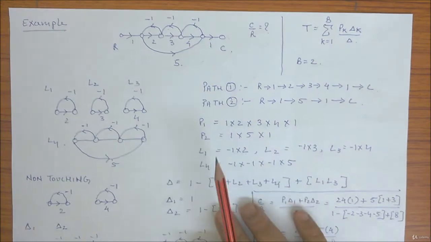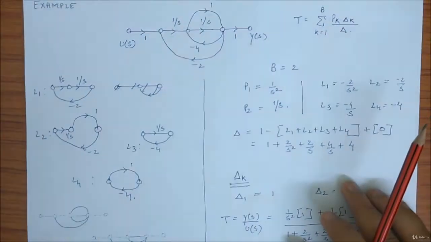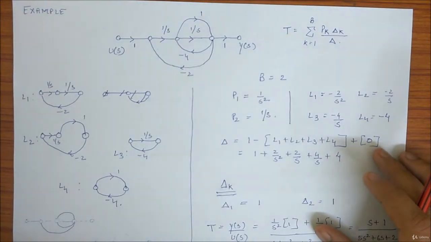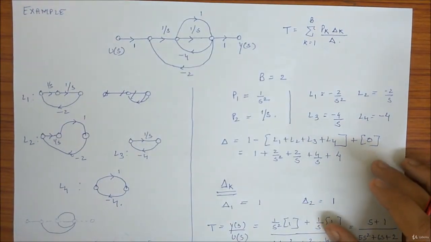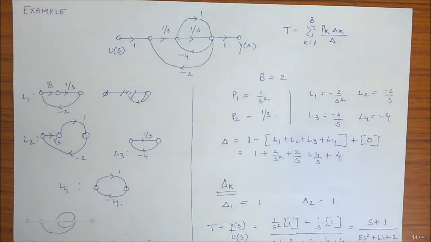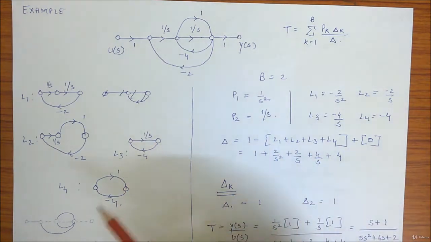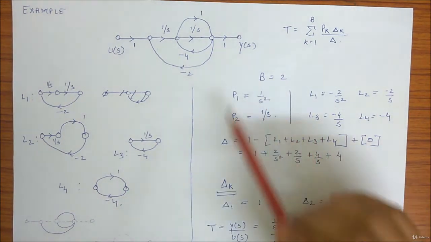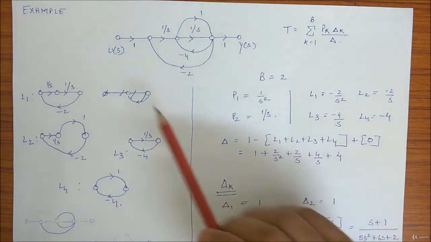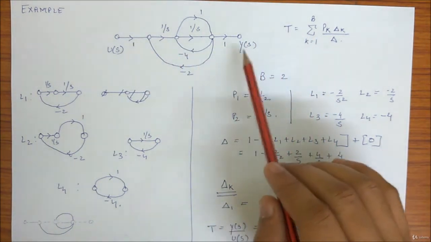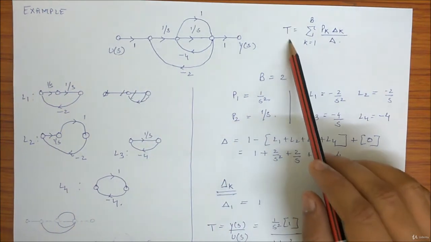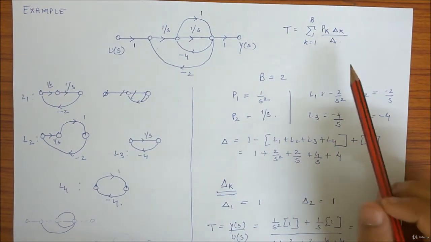And my third question will be, again, see, this is my third question, just for your practice. But what I want you to do in this example is, instead of writing and drawing all the loops for delta and delta k, you should directly follow this procedure. What I mean is, you have this signal flow graph, you have to find Y by U, which is the transfer function T. We are using Mason's gain formula again.